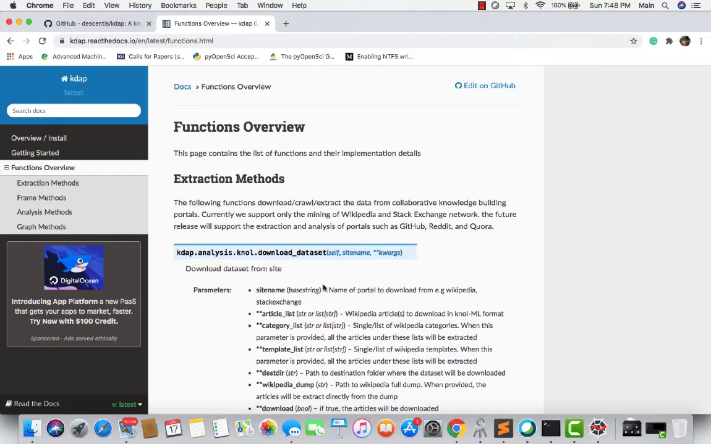And again, it's in beta mode, and we are working towards creating a flawless library which can analyze the datasets of all the collaborative knowledge building portals. So today I'll give you a demo on how to download Wikipedia articles and how to analyze those articles